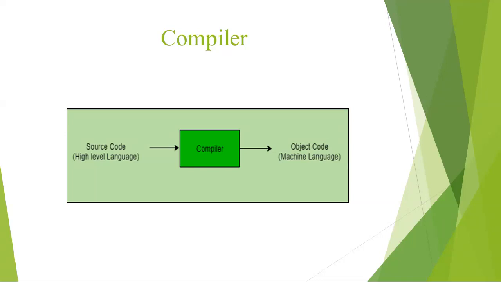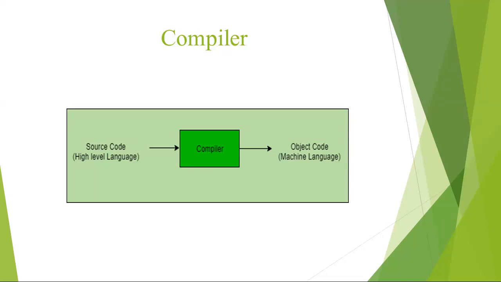Now let's see the working of a compiler with the help of this diagram. We have source code. Source code is all that code that is written by a programmer in a high level language. We know that the computer can't work with high level language, so there is a need for conversion. So compilers are used for this purpose, which convert the source code into object code. But one thing that you need to keep in mind is that the source code is converted into object code